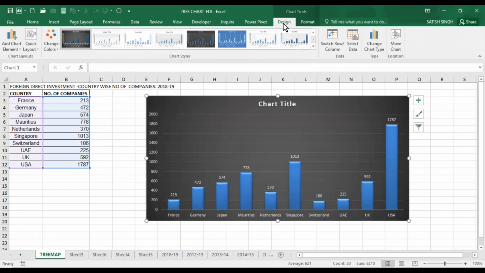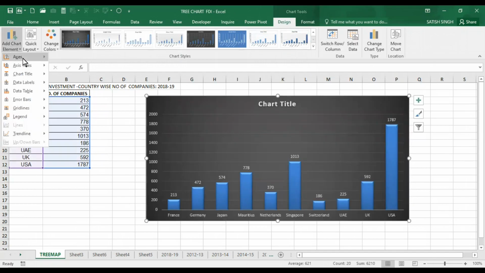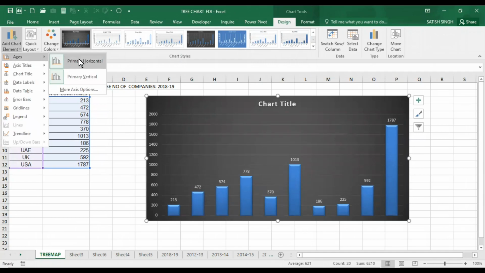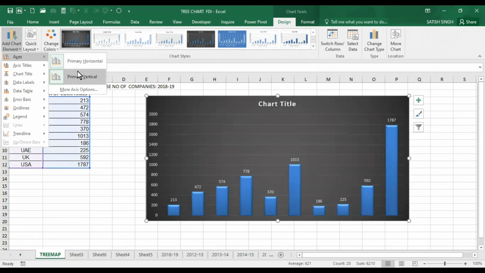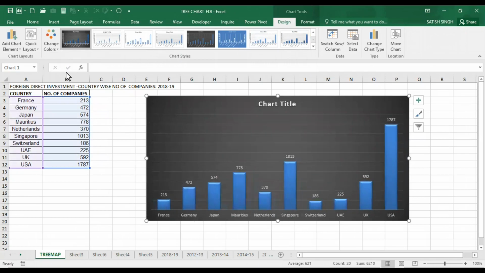After selecting it, what more can you do? In the Design tab, go to Chart Elements. First of all, it will show the axes. Now it is removed, and if we add the primary vertical axis, it is there.